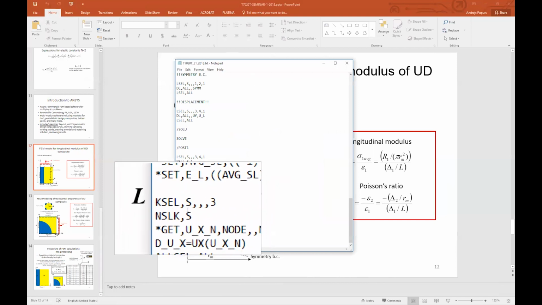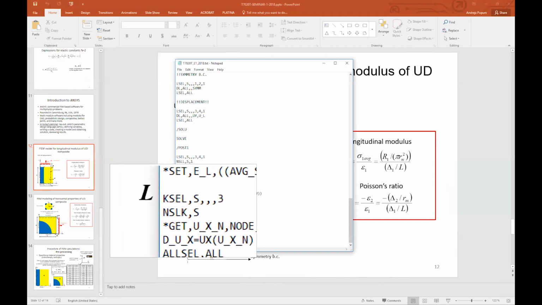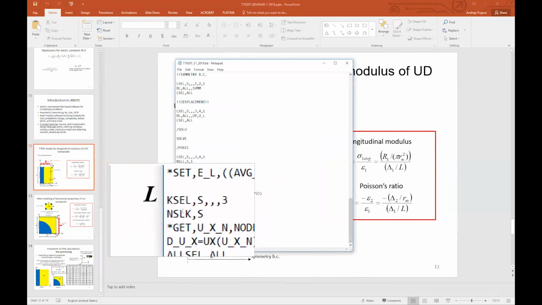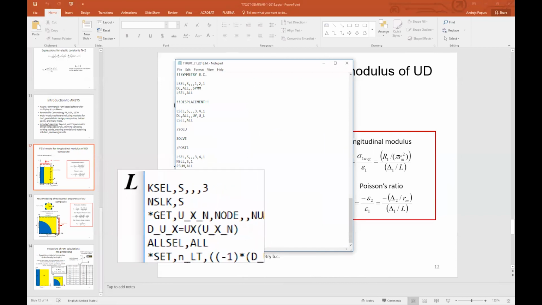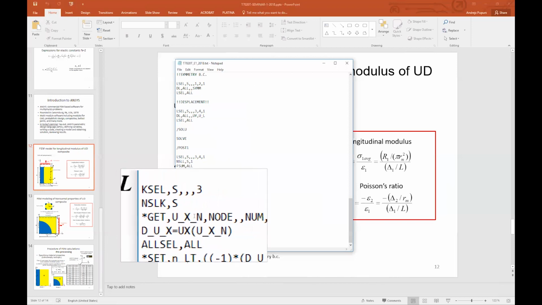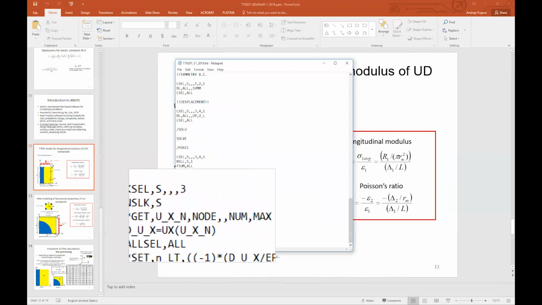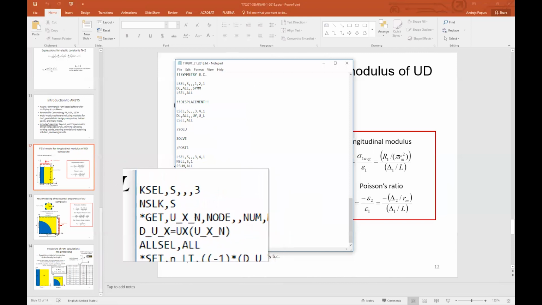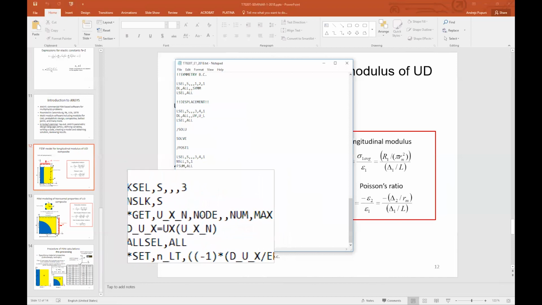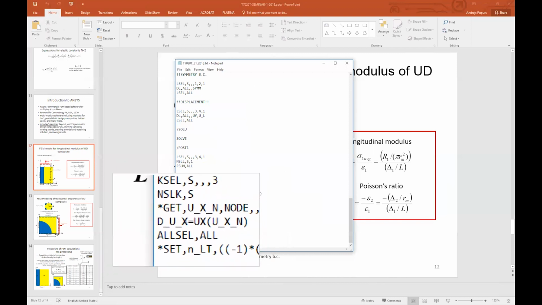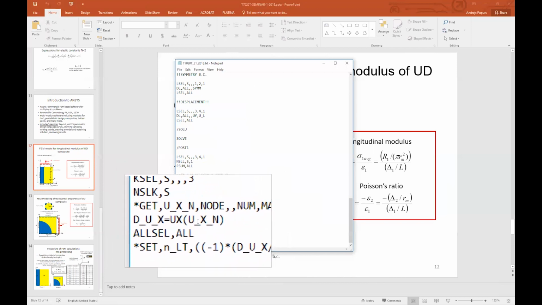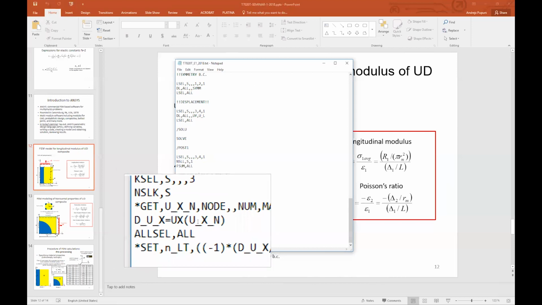We select the key point first, then we select the node associated to this key point. So for that we have this specific command, and then we again use the get command to define that this will be the x displacement of this node. Well, this is just an arbitrary name, and then you have different components, but you can read about it in the help of this get command. Okay, so we are getting the number of this node, and then we are creating a new parameter. The displacement for this node in the x direction is equal to the, or you can use this kind of, this is the way you can